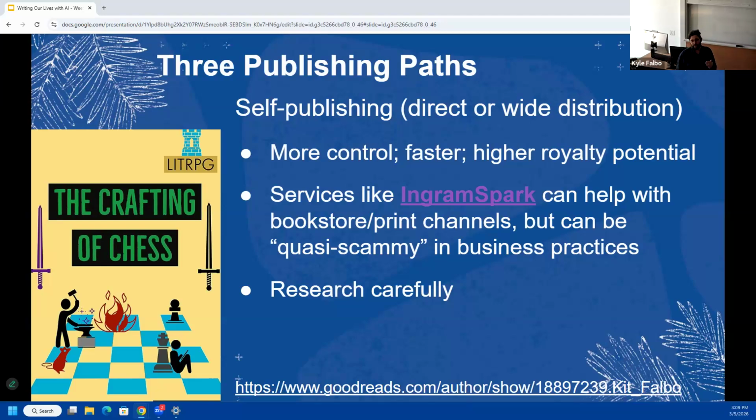That's what he's really trying to lead us to in conversation: there's a whole bunch of businesses popping up ever since the freedom of self-publication became available. And now when you introduce AI into this marketplace, you have a lot of opportunity to get ripped off or scammed. So you really got to be researching carefully.